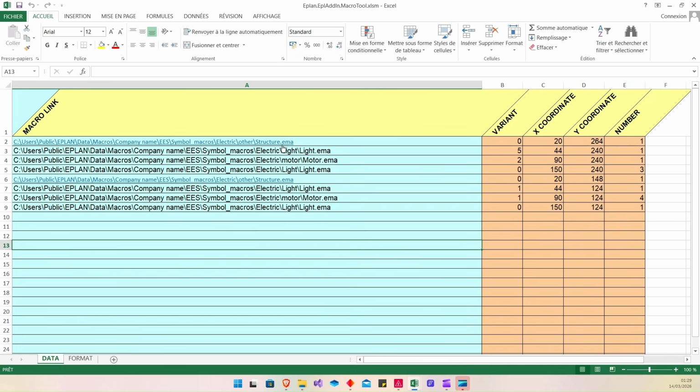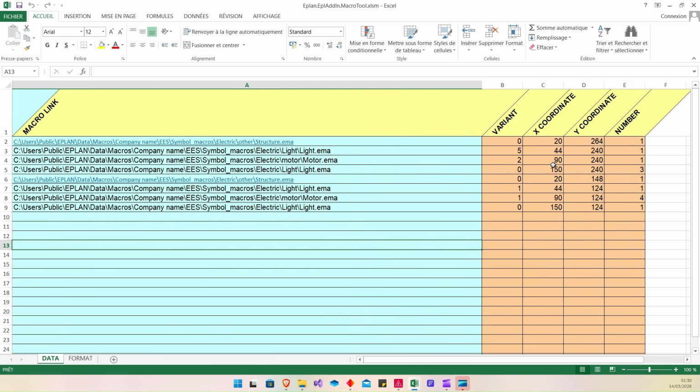You can see that we have 5 columns. The first column is to insert your macro link. The second is to insert the variant number. The third and fourth are to insert the coordinates, and the last column is to insert the number of repetitions.